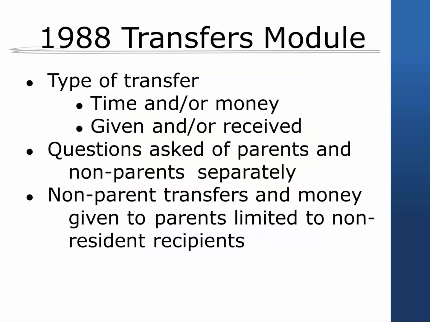In each wave since 1968, the PSID has asked respondents whether household heads or spouses received financial help from someone outside the household in the prior year. In 1988, a module specific to transfers was collected, which included a more detailed set of questions on transfers of time and money in the prior year. Respondents were asked about time and money given to and received from parents, and then separately about transfers to others outside the household. Enough detail was collected so that users could link to other PSID respondents and broaden the scope of their analyses.